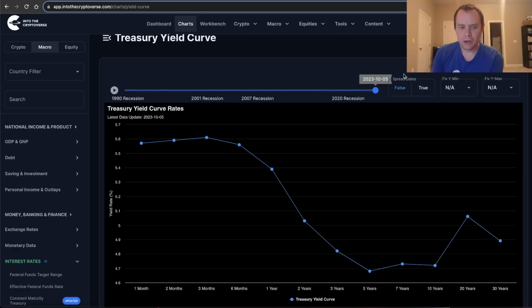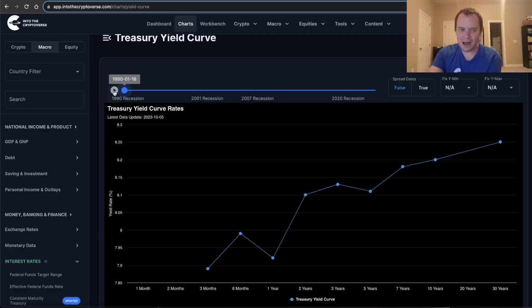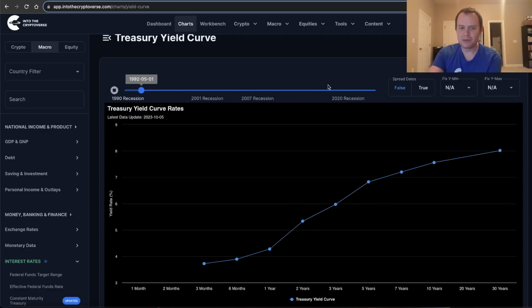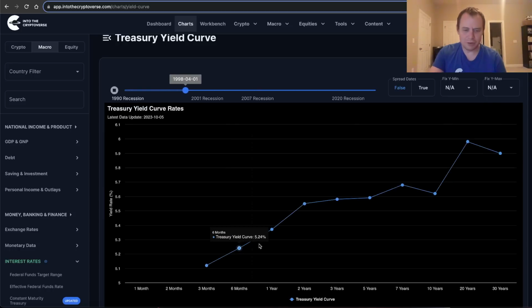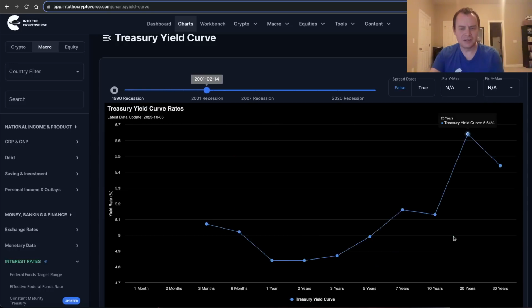So the inverted yield curve right now is not something that we would see in normal times, right? When the economy is healthy, this is not something you would normally see. Now, it might feel like this is the new normal because it's been inverted for a while, but in the grand scheme of history, or at least the history that we have here, looking at the yield curve going back to 1990, we didn't really see a lot of time where the yield curve was actually inverted, right? It looks like this most of the time, where the longer dated treasuries provide a higher yield.